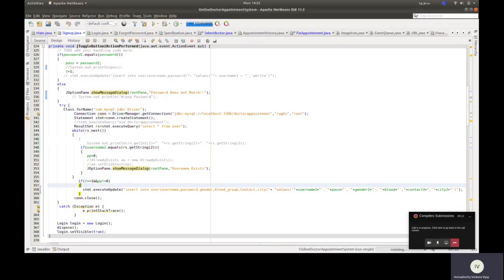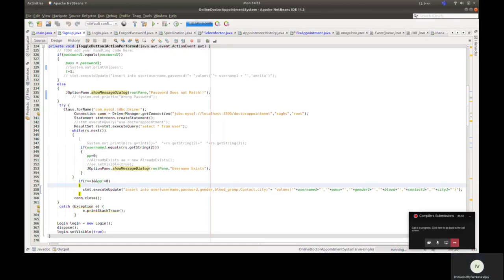you can see that this is a driver. A driver is an interface that handles communications with the database server. You will interact directly with driver objects very rarely. Instead you will use driver manager objects, which manage objects of this type. It also abstracts the details associated with the driver objects.